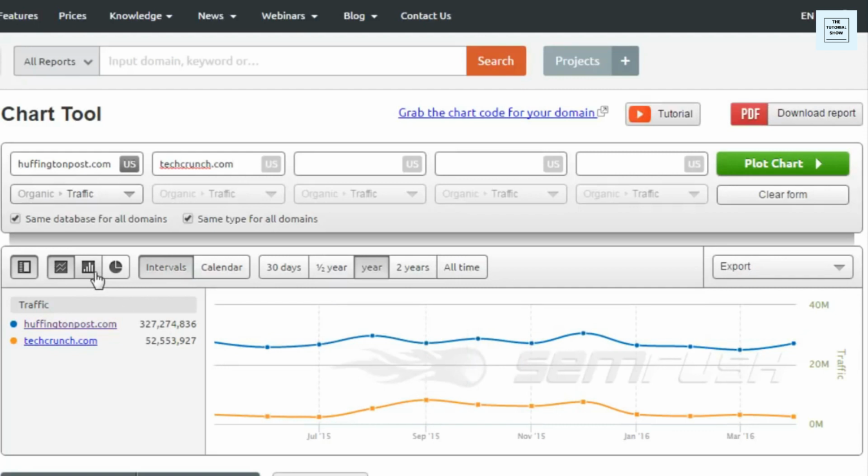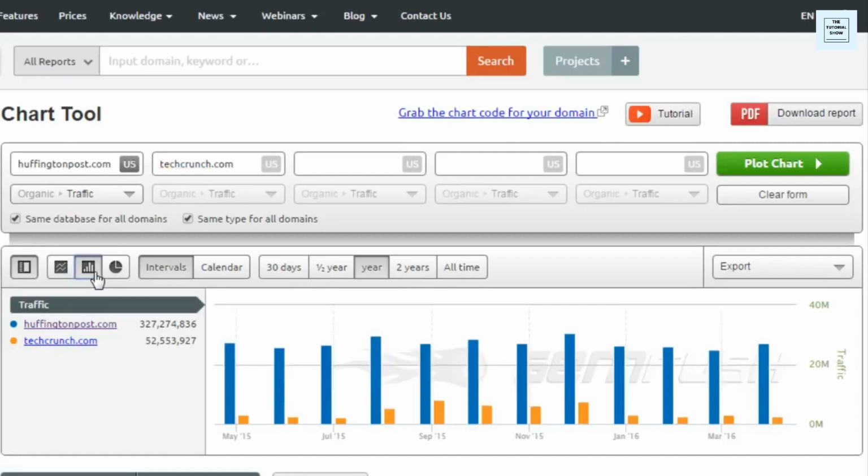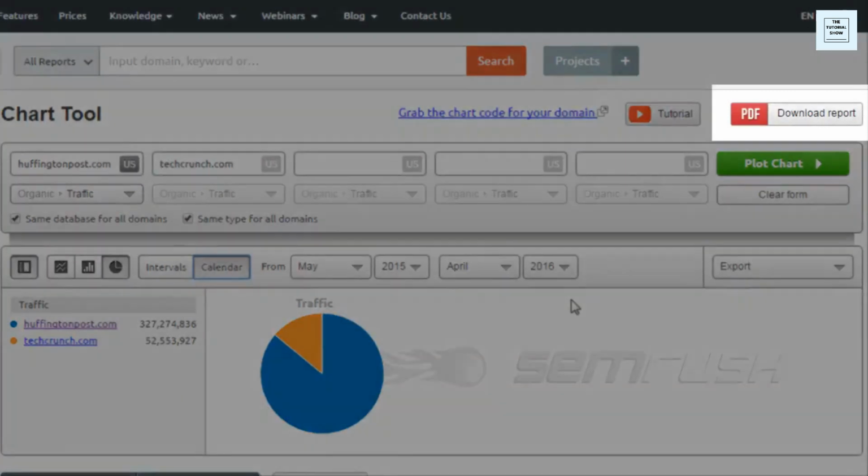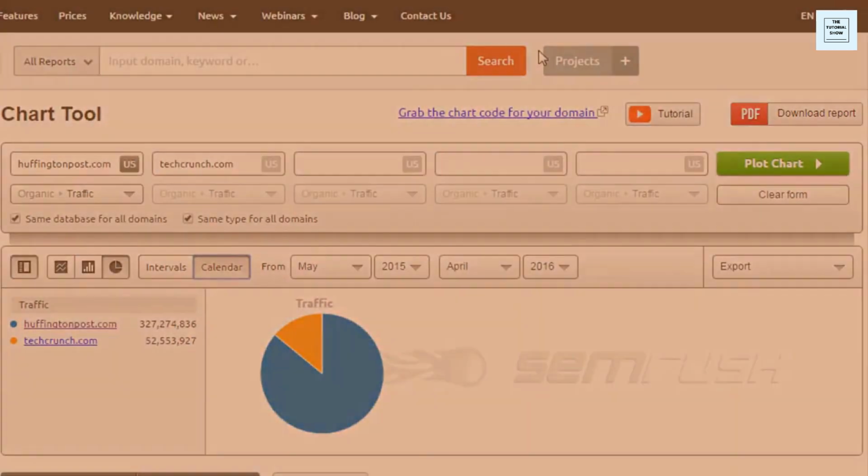So if you don't like this graphic, let's say that's not how you see things visually easily, or it's not how you want to display it to clients, you can change the format here as well into different types of charts. You can also look at the calendar view. You can select the dates that you want to look from. And if you want to, you can go ahead and create another chart. So you can create several of these charts. And then if you want to, you can download a report of all of the charts so you can see them easily together.